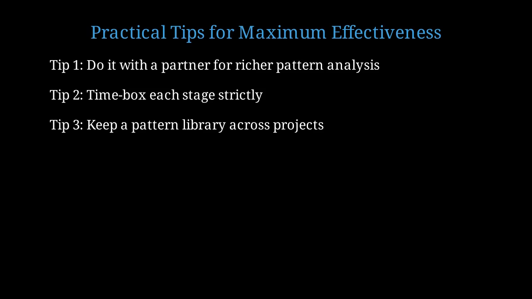Tip 3. Build a pattern library. Document successful patterns across projects. High-scoring feature ideas often share patterns with high-scoring marketing ideas. Your library becomes a creativity knowledge base. Tip 4. Experiment with varying one constraint per iteration. In iteration 1, keep all constraints. In iteration 2, relax the cost constraint. See how the solution space expands. This helps you understand the constraint landscape.